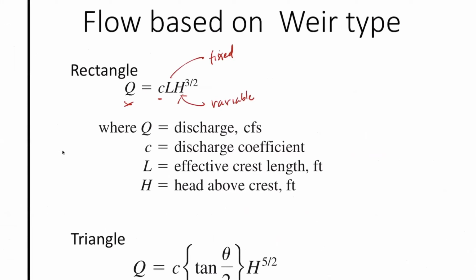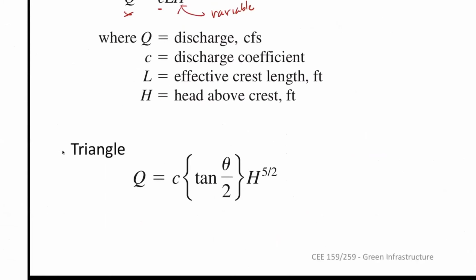So by just measuring height, which is very easy, you can put a scale, a marker, like up to here will be 1 inch, up to here 2 inch. Whatever is under the water, you can see that, and anybody can just record it by looking at those numbers. Then you can measure the flow rate just by measuring the height. And for the triangle,